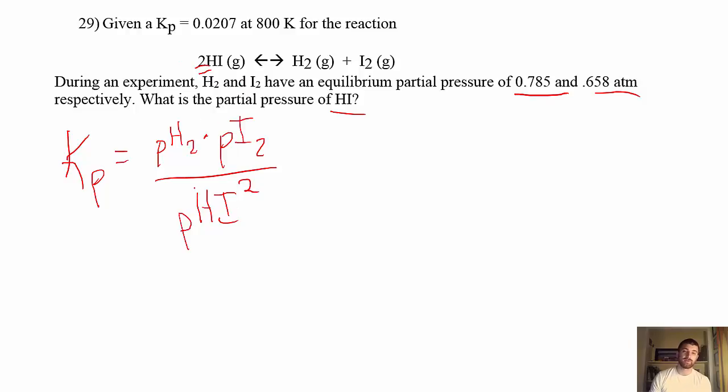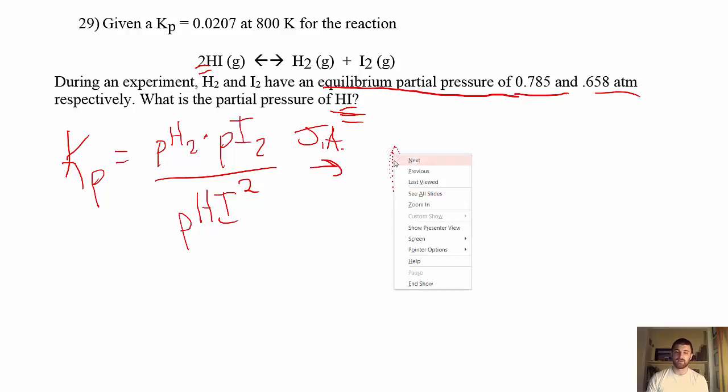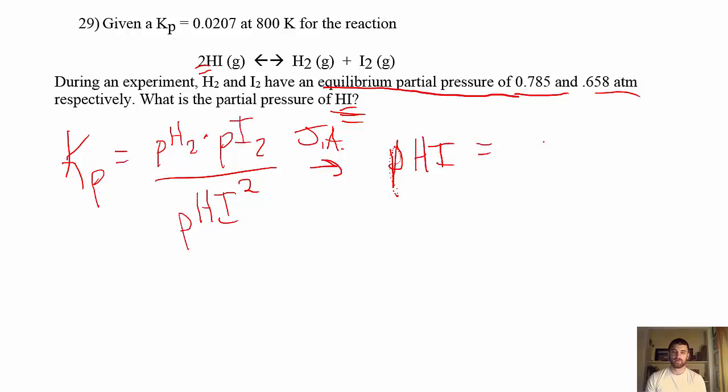So now let's rearrange. What we're trying to solve for is the partial pressure of HI. All right, well, that's nice. You're right, they said equilibrium partial pressure, so we're at equilibrium. We don't have to do any of that ICE box stuff. We're just solving for this. So let's rearrange, do just some algebra, and I get P HI equals